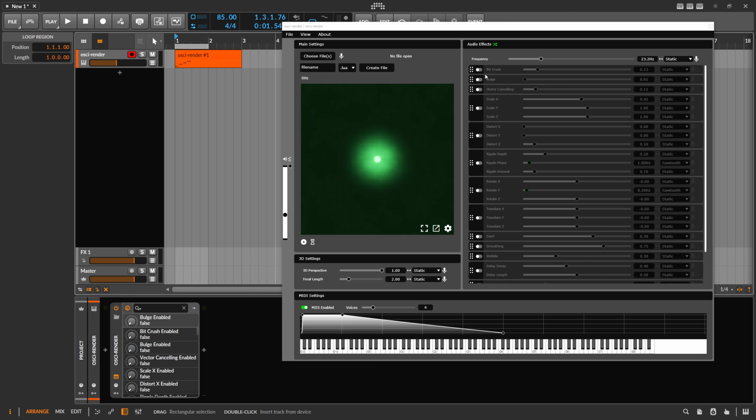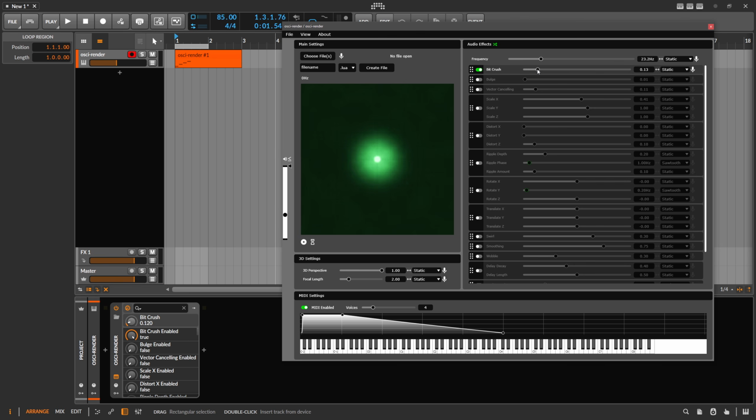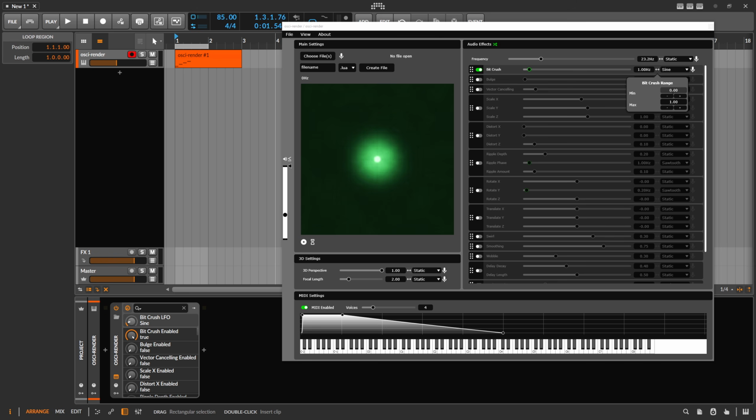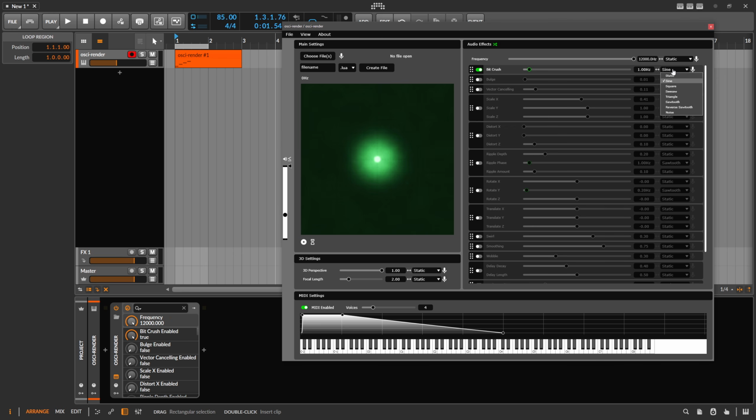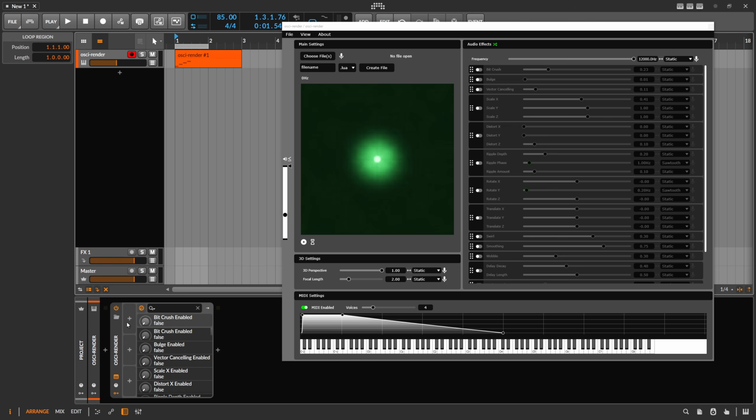We can also, let's say, bit crush here and then use this parameter as an automation parameter, more or less. We can also use internal LFOs, sine, right? And we can change from what maximum value you want to modulate. So internal LFOs are usable. We can also use automation, or in Bitwig, let's say